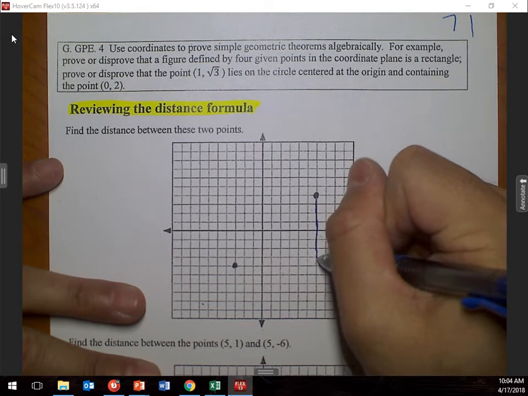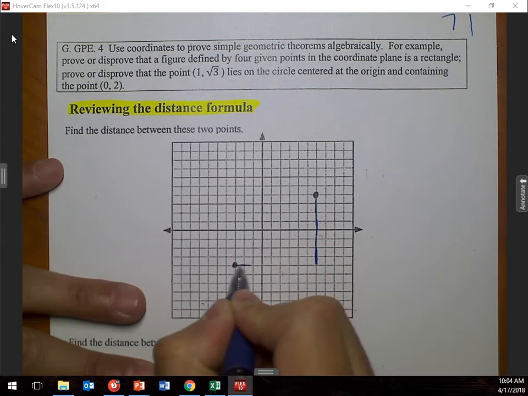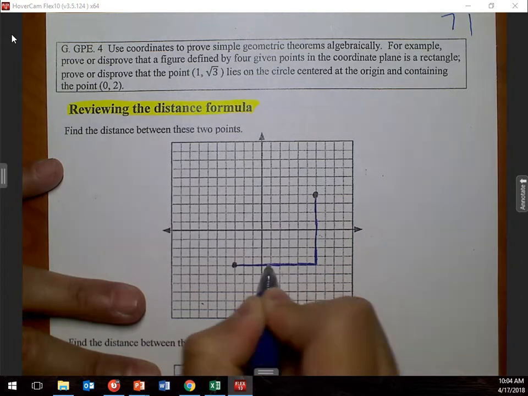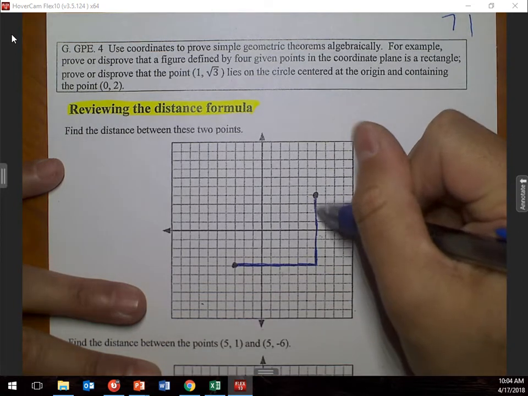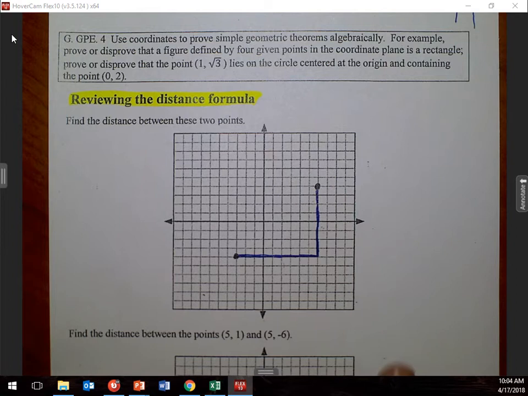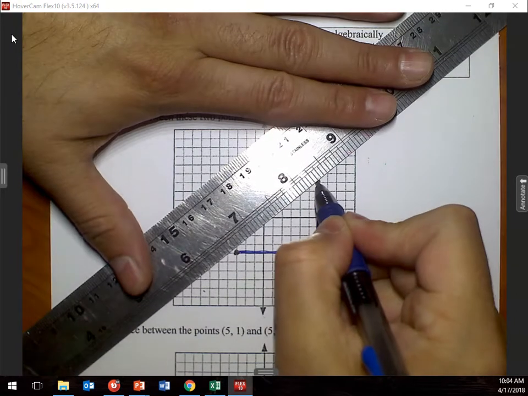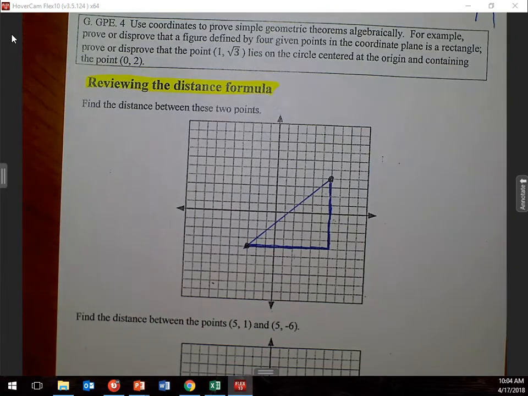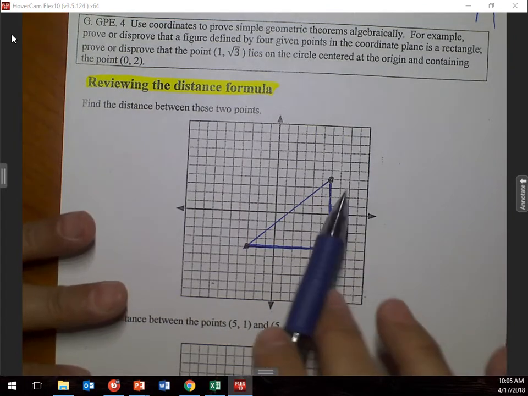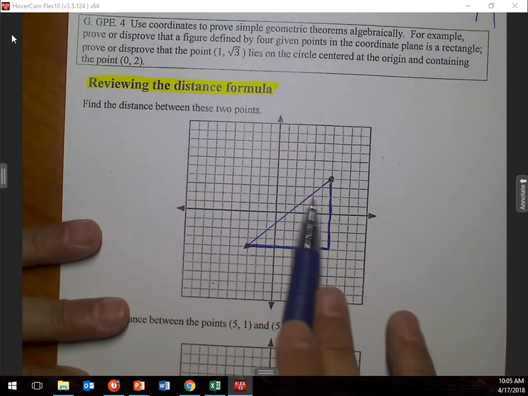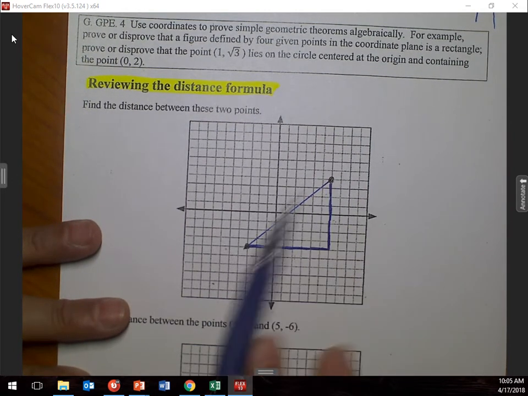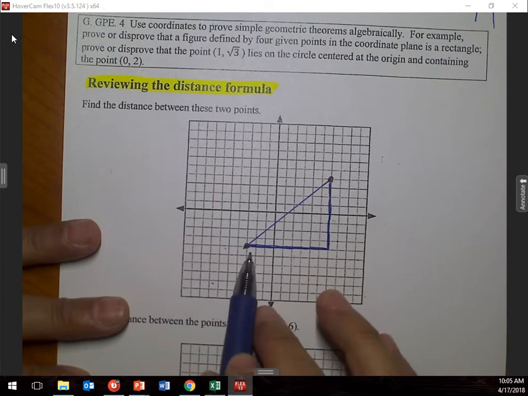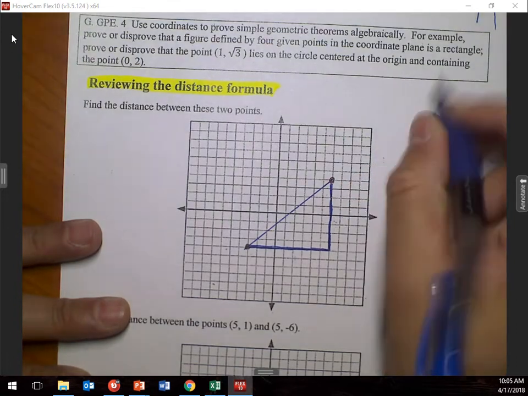So what we're going to do is we're going to make a right triangle out of this. So we're making a right triangle out of this. All right. Now, from here, if you notice, I don't have to have the points. I don't have to have their coordinates. I just use my values that I have here. So let's count the squares for this right here, because my distance formula, okay, it's always going to be